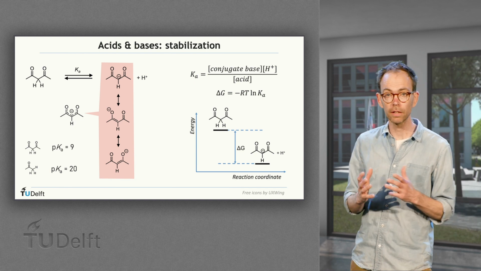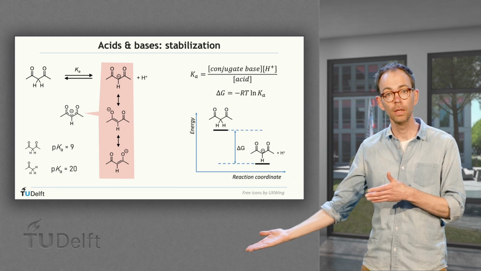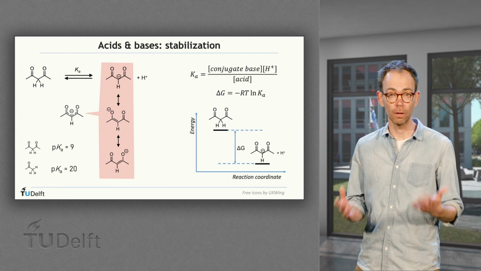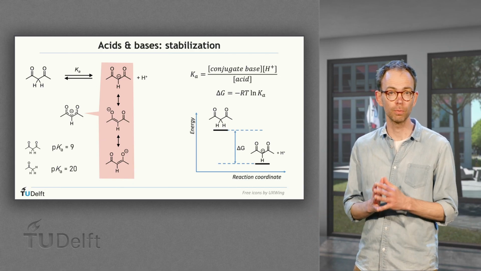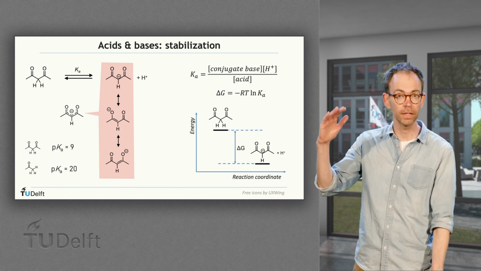This effect is clearly visible by comparing, for instance, acetone, the bottom compound here. What you can see there is that our acid has a considerably lower pKa than acetone, making it a stronger acid. Why is that? In our acid, the anionic charge is smeared out over a larger part of the molecule than for acetone, widening the energy gap.